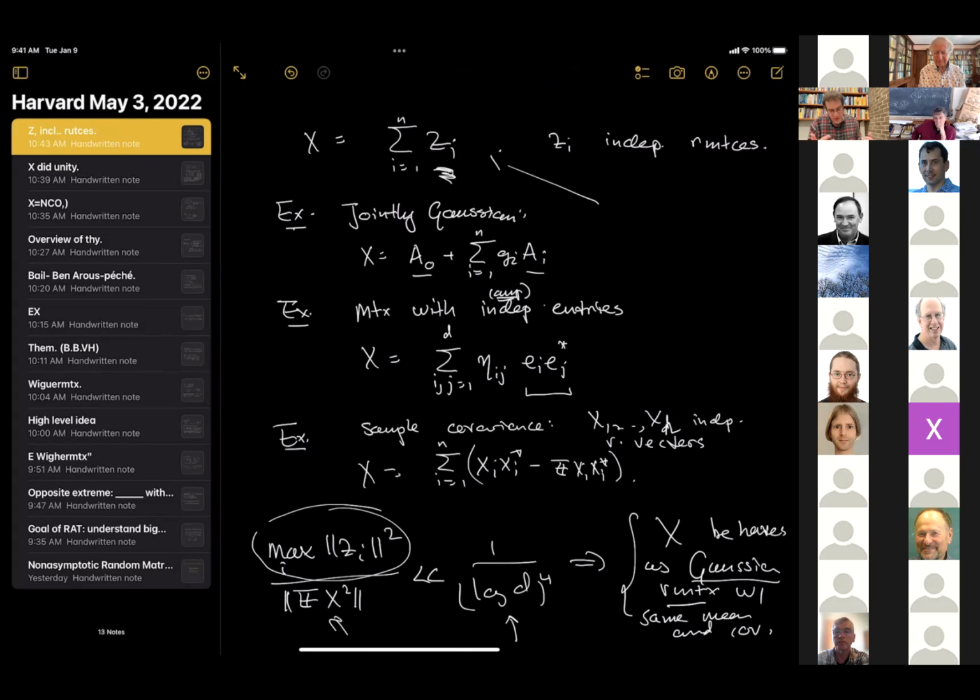The magic of all of these theorems is not so much that they exist, because it's known, for example, that the central limit theorem kicks in if the size of these guys is of order 1 over square root n, or 1 over square root d. And it's known that you get free behavior if you have Wigner matrices, when the entries are of order 1 over square root d. But the magic of these kinds of results is that only 1 over log d is already enough to have these limit theorems kick in. So it takes very, very little for random matrices to behave like their ideal counterparts.